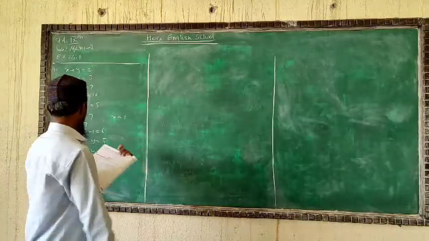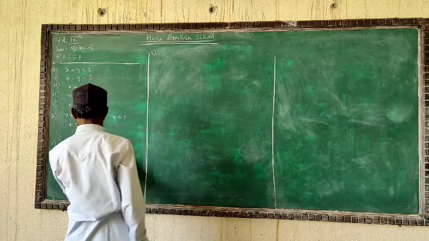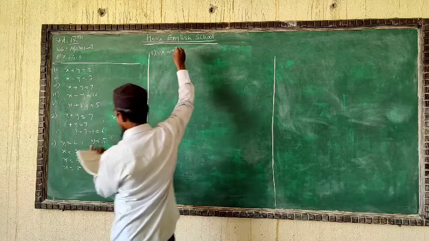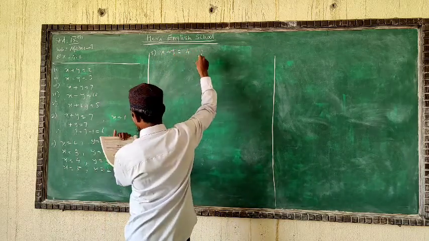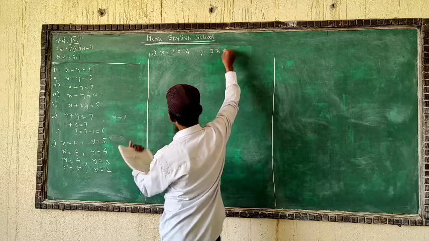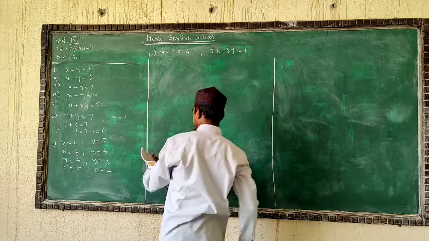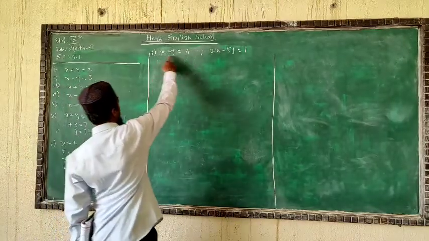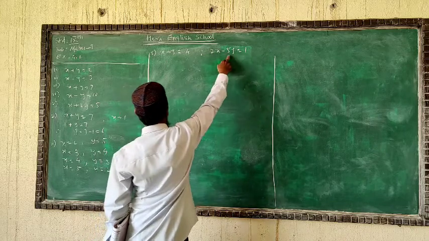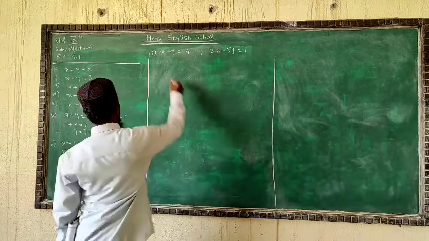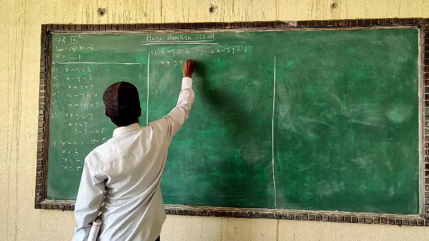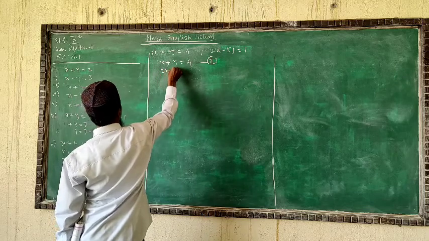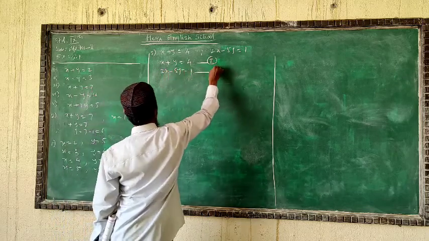Now come to question number 3. These are simultaneous equations we have to solve. Number 1, we are given x plus y is equal to 4. The second equation is 2x minus 5y is equal to 1. Here we have to see very well what is the same. You have 1x and 2x, and for y you have 1y and minus 5y. First of all, x plus y is equal to 4 is equation 1, and secondly 2x minus 5y is equal to 1 is the second equation.